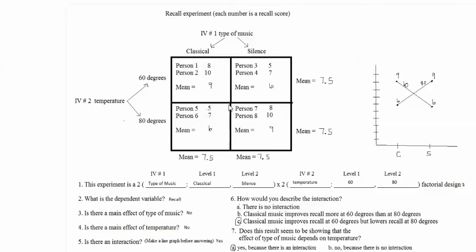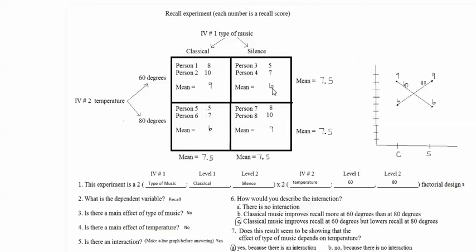Here, I did everything over again. These two means are equal, so there's no main effect of type of music. These two means are equal, so there's no main effect of temperature. But look what we have right here. When we go from 6 up to 9,